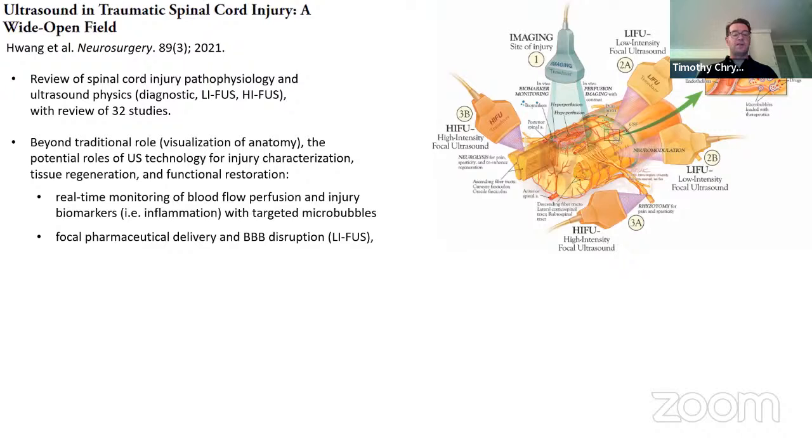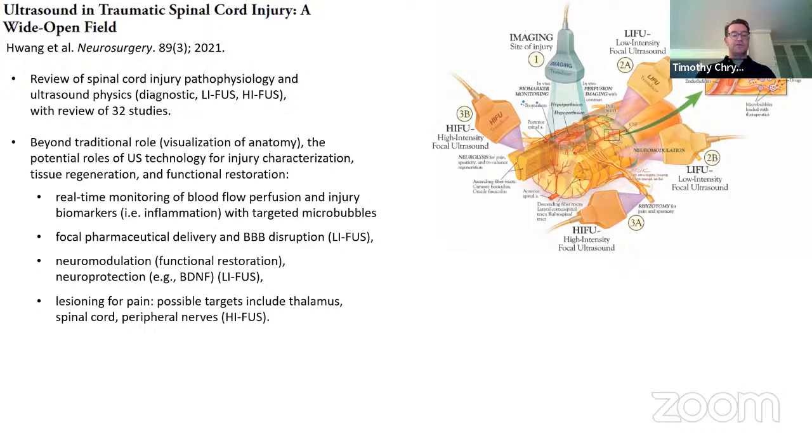There may be a role for it in the delivery of pharmaceuticals, opening up the blood-brain barrier as it pertains to the spinal cord. Certainly, research at our own institution so far has been focused on the brain, neuromodulation, neuroprotection, again using low-intensity focused ultrasound, for instance, recruitment of BDNF. And then also, finally, may have a role as far as lesioning for pain, some possible targets there,